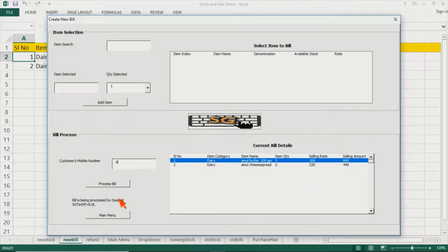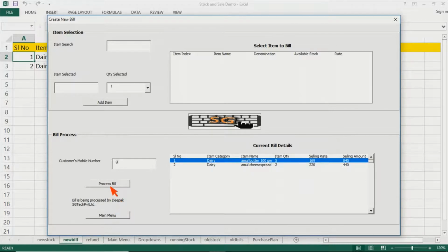So this Excel sheet is as of now being worked upon by Mr. Deepak of SG Technologies. This is a very useful feature because somebody is sitting on the counter and you want to take account of how much sale he has processed. So you can get a summary of that so that the money can be accounted and accountability of all the sales during that period can be fixed.